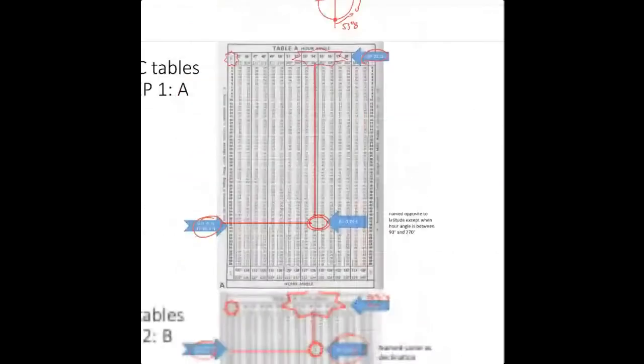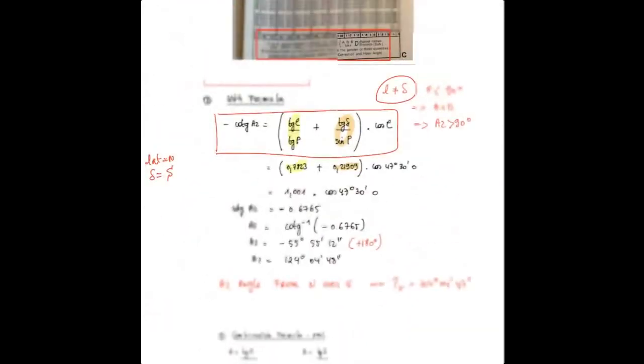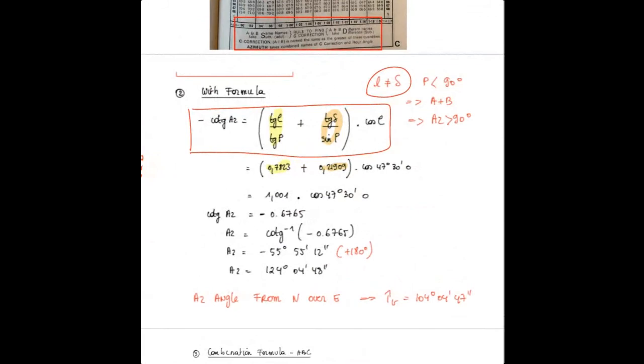So I have to add A to B, as mentioned here. And then we know that A is bigger than B, so my azimuth angle will be bigger than 90 degrees. Okay, so then I multiply this whole lot by the cosine of my latitude,